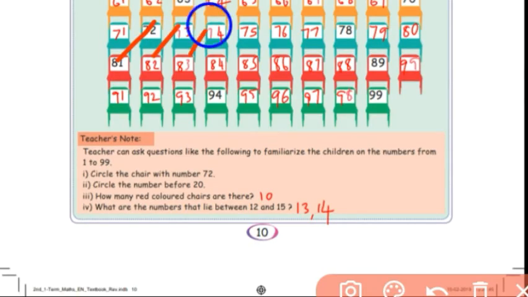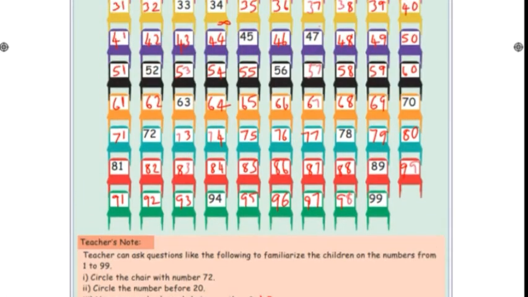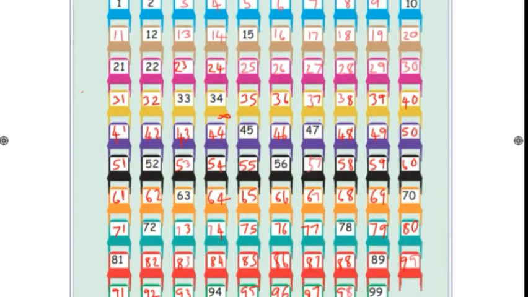1, 2, 3, 4, 5, 6, 7, 8, 9, 10. Write this 10. What are the numbers that lie between 12 and 15? Between means middle, நடுவில். So, 12க்கும் 15க்கும் நடுவில் இருக்கிற